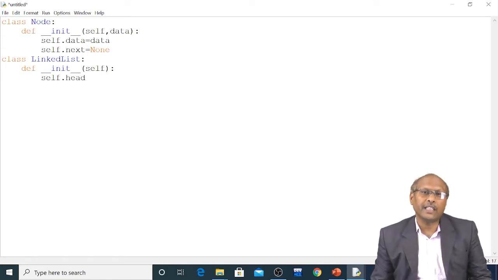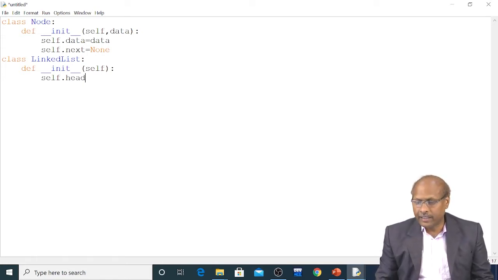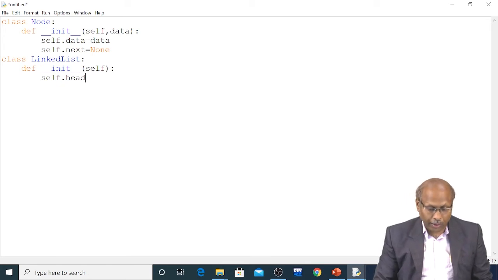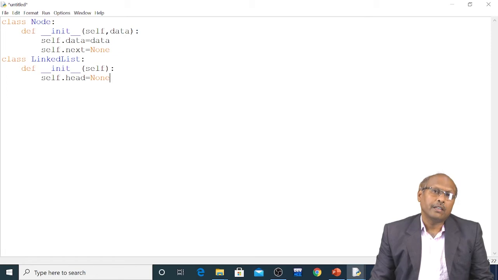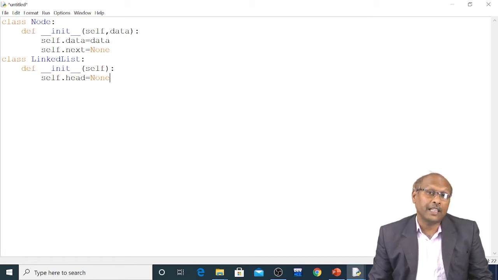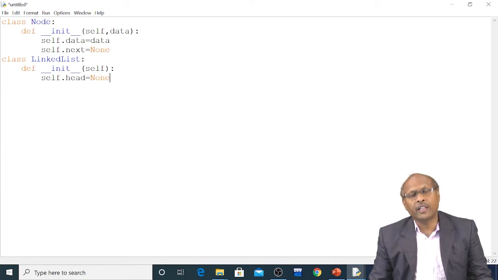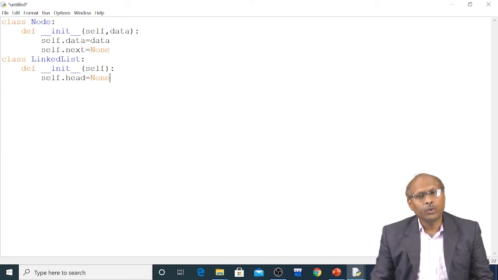Initially, how many nodes are there and where it is pointing, you are not aware of this. So what I have to do is set this equal to None. Remember, in languages like C and C++ you write NULL, whereas here in Python you should write None. None is a built-in keyword which acts like null.